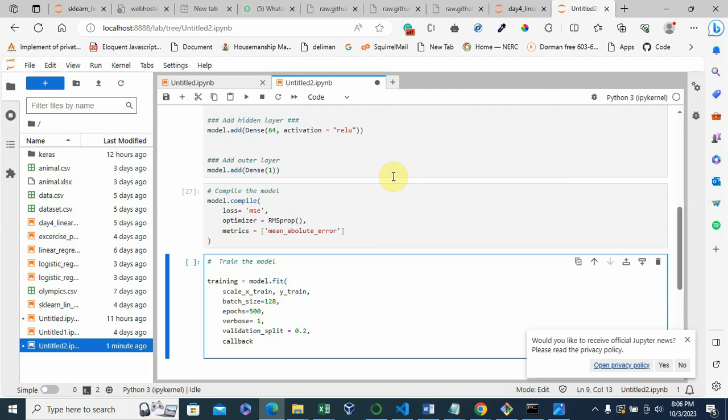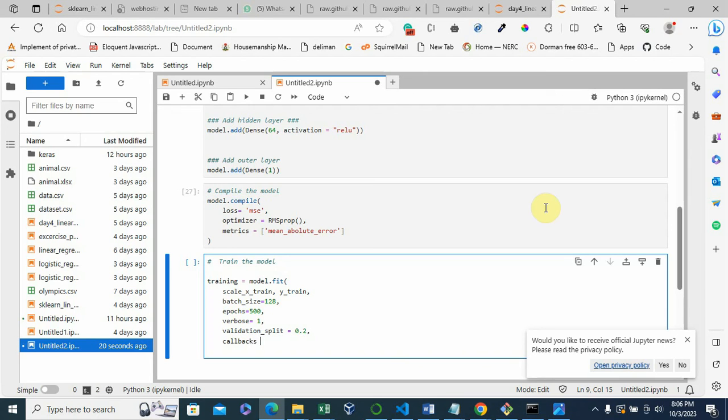This can happen through your callback, which can stop your training early. Once you are good, you are good. Just like when you're preparing for exams and you study to an extent where you see that this is enough for me, and then you want to stand up.